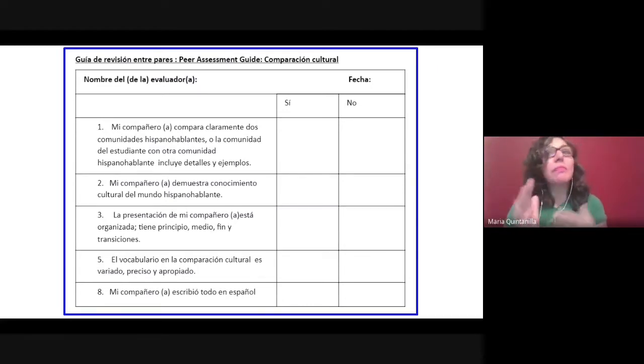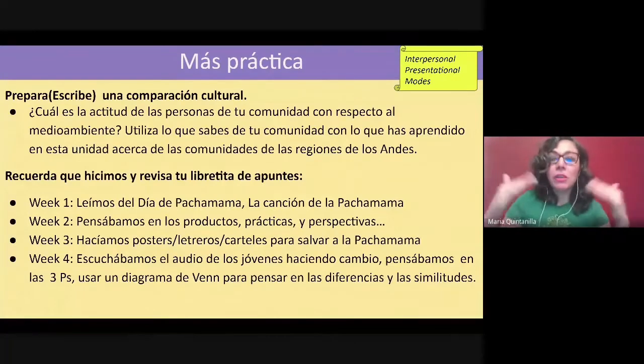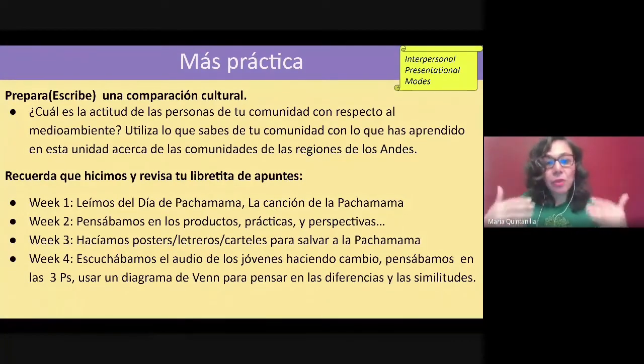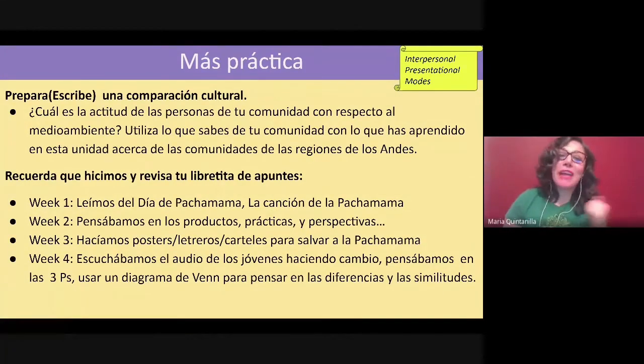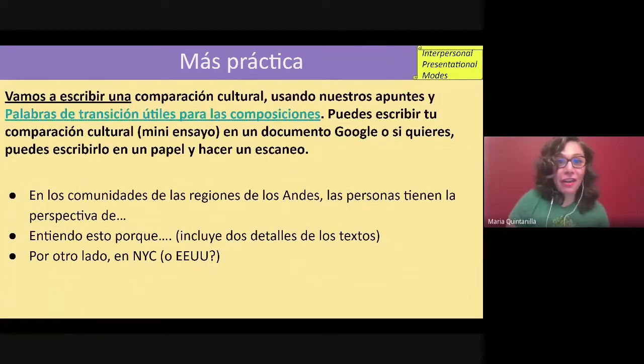Now, before the students go on, well, they've gone through their peer editing process, but before they go on to write their mini essay, you may want to review everything the students learned in the weeks coming up to this summative assessment. You may want to go over it week by week, and then the students will be ready to start writing their essay, which should have